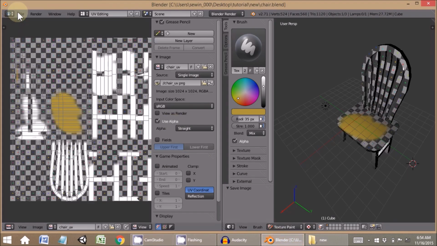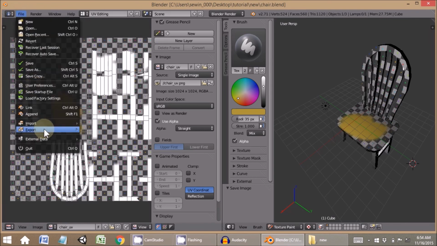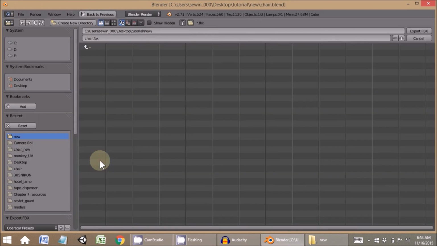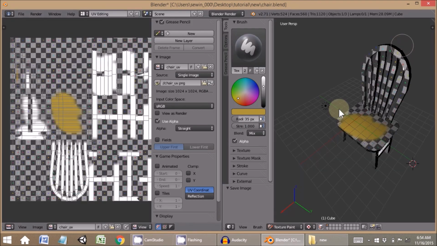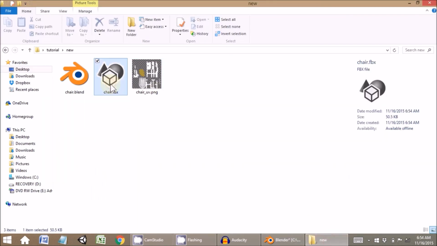And if you're exporting to a game engine, you go File, Export, FBX is what we're using for Unity. You can export FBX, and then if you look here, you've got a file that is a fraction of the size, it's a tenth of the size, but it does the same thing. You're just exporting it to a smaller file type